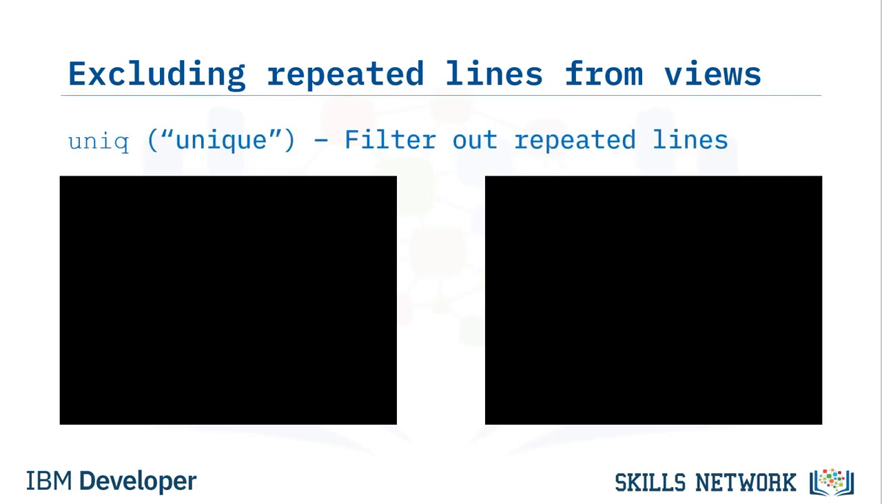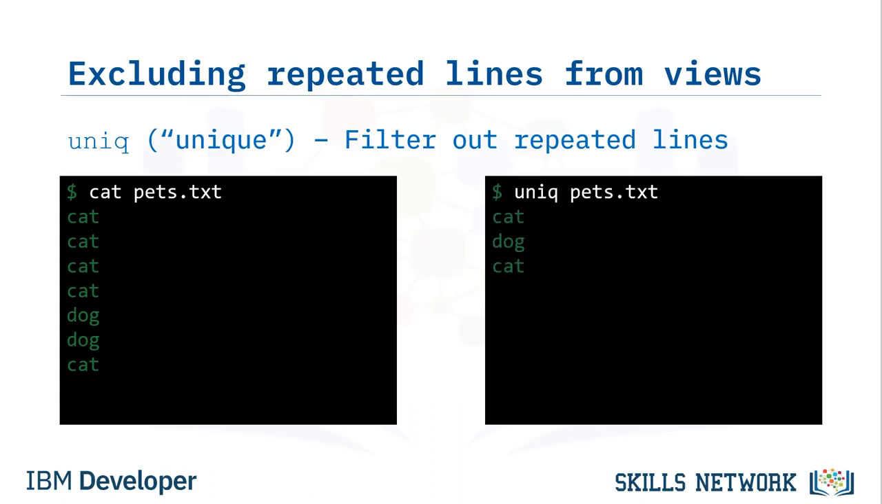If you have repeated lines in your file, you can use the uniq command to filter out the repeated lines. Recall the contents of pets.txt by entering cat pets.txt. By entering uniq pets.txt, you get back cat, dog, and cat. Notice that the uniq command only removes duplicated lines if they are consecutive. Thus, the word cat appears twice, because in your file, cat appears before and after the 2 dog lines, which